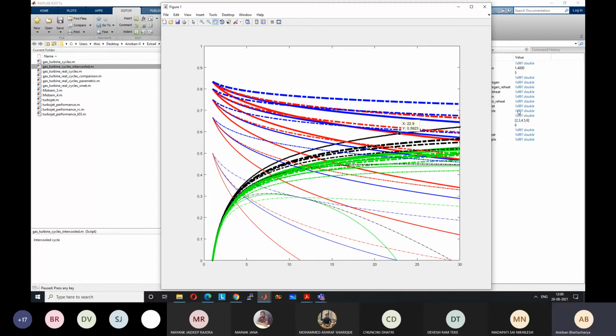Ultimately, we'll know that somewhere the simple Brayton cycle will cross this line. But it has at least not crossed, or it is not even near that of the simple Brayton cycle, even at R equal to 30. So for any practical range, the highest efficiency is obtained with all the modifications put together. It's a very high efficiency because both reheat and intercooling strongly support the regeneration process because of larger scope for regeneration. Any questions here?